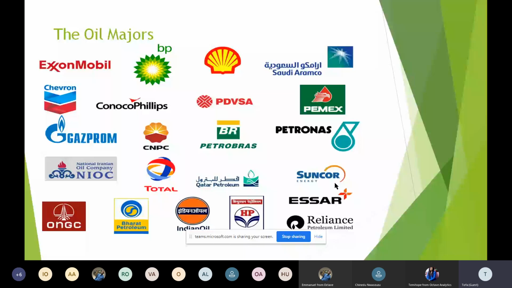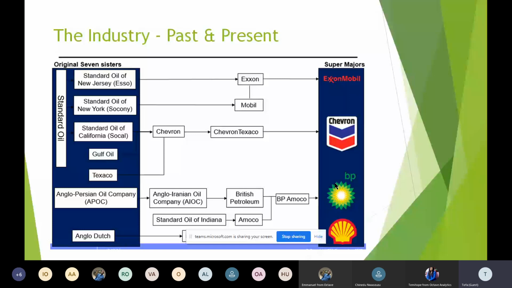Looking at how the industry moved from the past to the present. I mentioned earlier about John D. Rockefeller. He was the founder and owner of Standard Oil, and it all started with him, and Standard Oil broke into pieces because at the time he held a very unfair monopoly of the market in the United States. He was taken to the industrial court, and the company was broken into subsidiaries. These subsidiaries down the road became Chevron, became Mobil, and what we know today as ExxonMobil and Chevron as the two major oil companies in America.